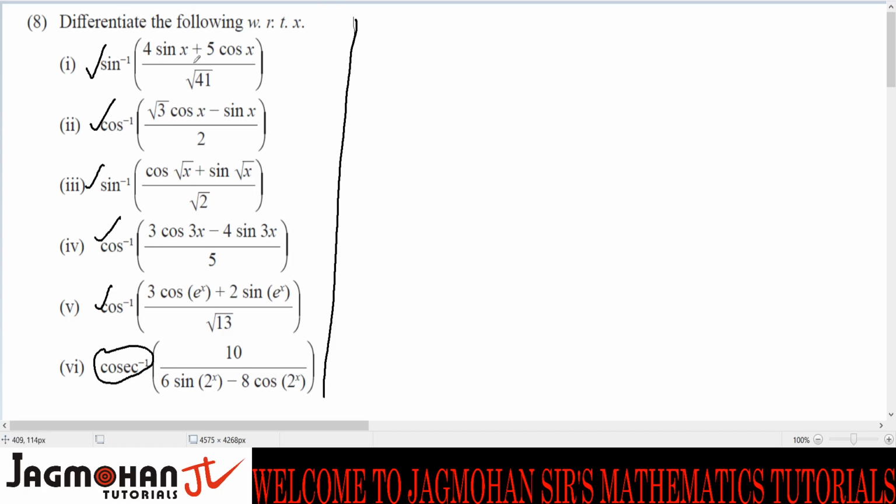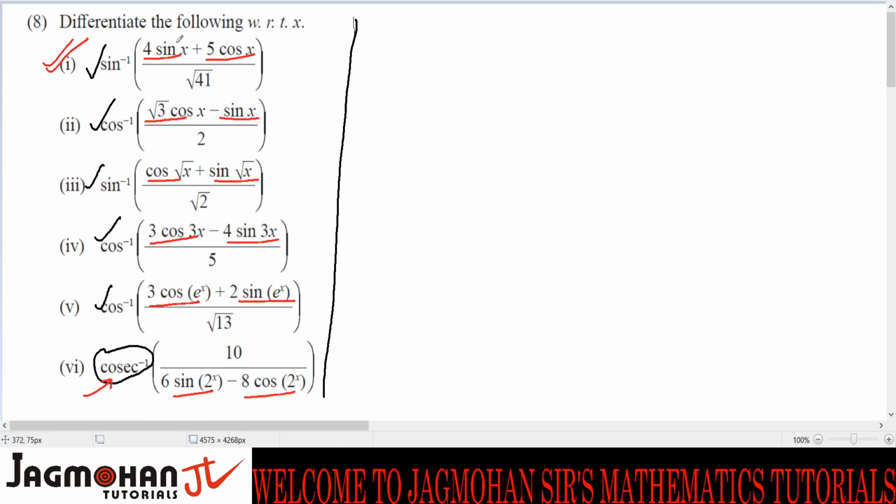Then inside, you notice that the numerator will have two terms. As you saw, I solved the first problem for you in the previous video. So all the brackets will have two terms in the numerator. One term is of sine and the other term is of cos. Sine and cos will go in the numerator when you write this as sine inverse of x. So in every problem, inside the bracket there are two terms in the numerator. One is of sine, the other is of cos.